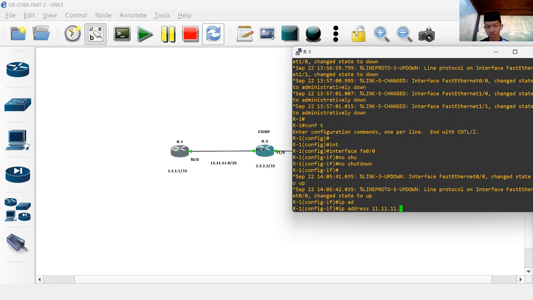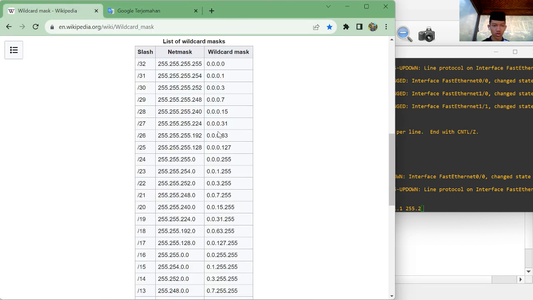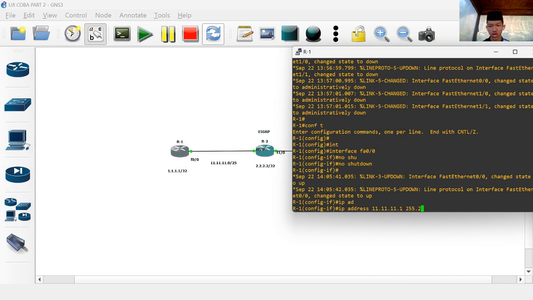For the host maybe I use number 1, and because the subnet is /25, the subnet mask for /25 is 255.255.255.128.